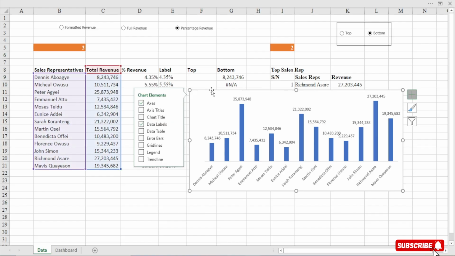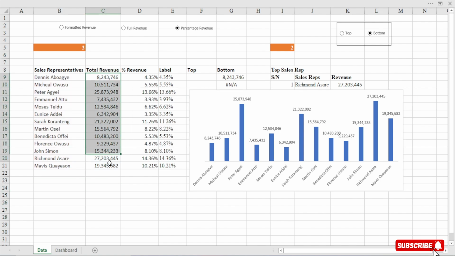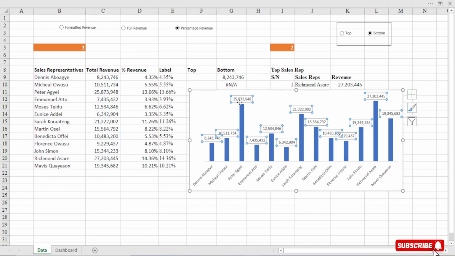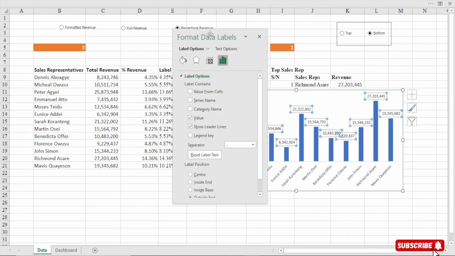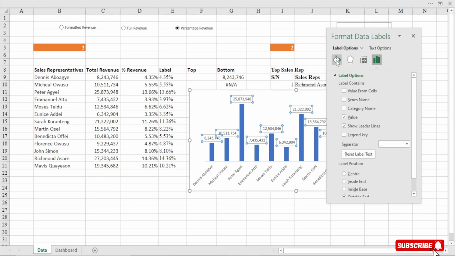Check data label. But then we want, you see, the data label is selecting this, right? But we want the label to select this so that anytime we change it, it will reflect on the chart, right? So we select the data label. You can do Control 1, and then you will be presented with this. So just make sure you be on the bar here.